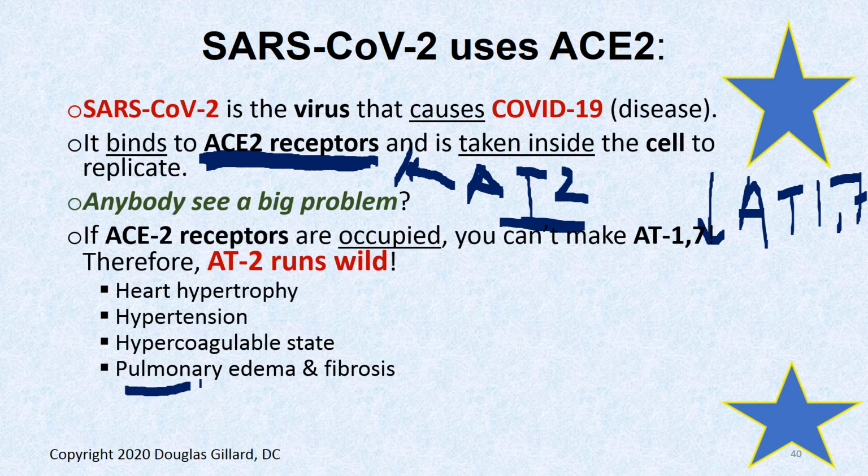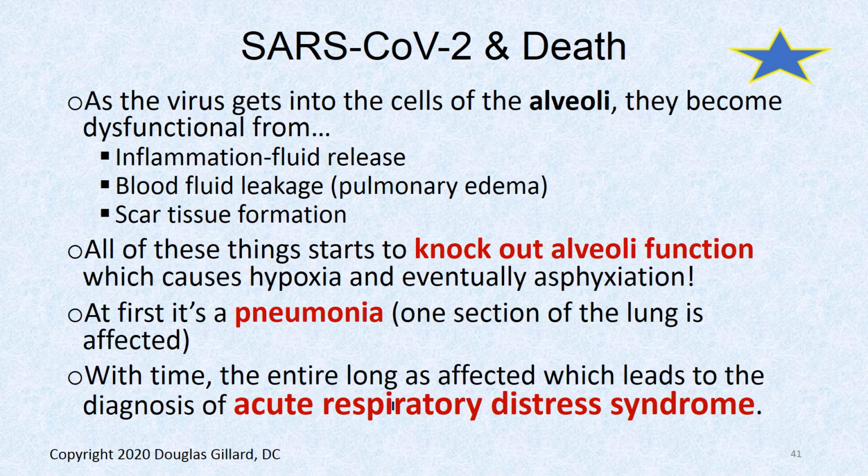This is the big one, right? That's what's killing people: pulmonary edema, fibrosis. You can't breathe if you get pulmonary edema, right? Your alveoli fill up, and we'll look at that right now. As the virus gets into the alveoli, they become inflamed. Your body sees it, and a wicked inflammation occurs. So blood fluid from the inflammation and